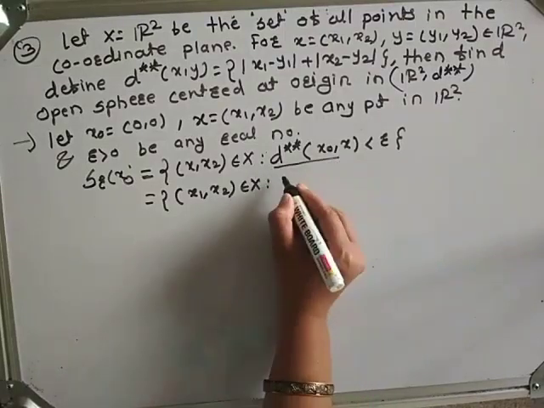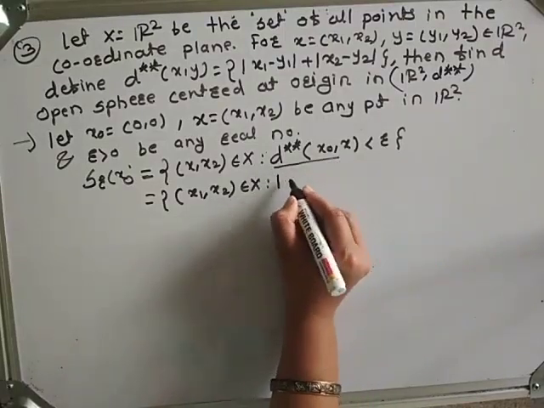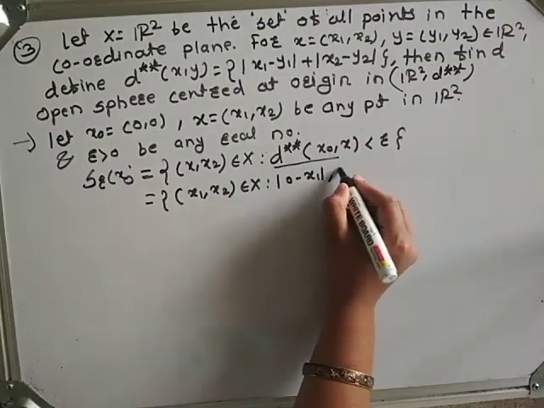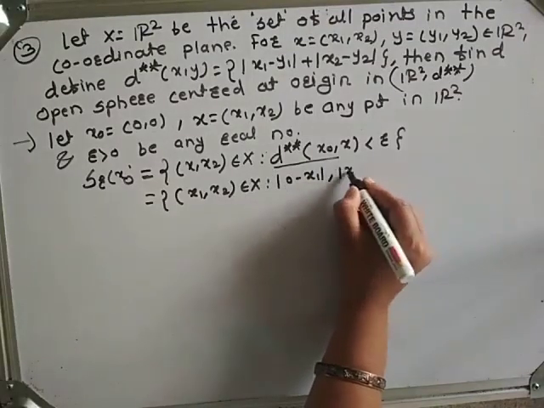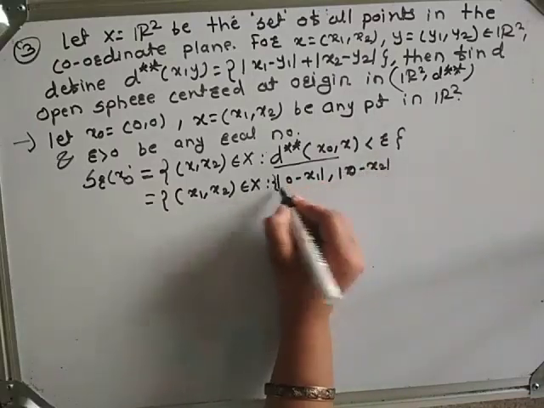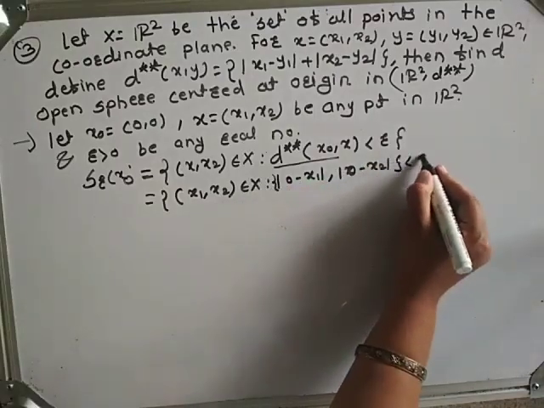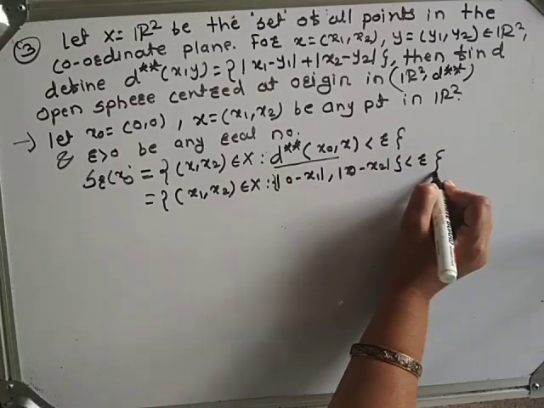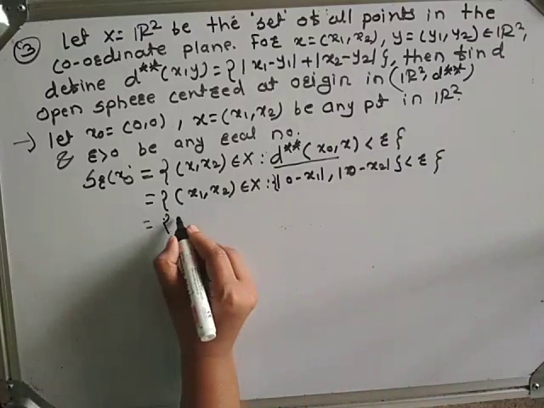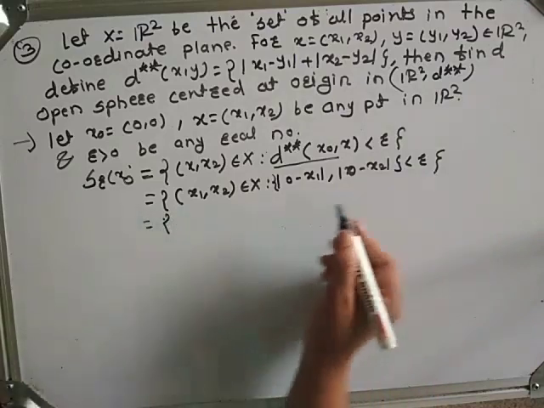Therefore, this becomes mod 0 minus x1 plus mod 0 minus x2 is strictly less than r,